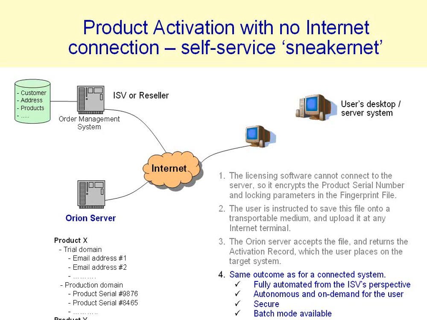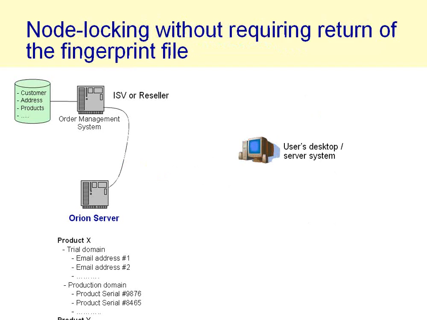So our customers find that these two cover the majority of scenarios, but we run across users who have other scenarios. One would be where there is no way of getting that fingerprint file back to the vendor to generate the activation record. An instance of this might be somebody saying that we're installing our software on a machine in the desert. It was a communication system, and they knew all about the machine because they put it in, but the service guy was going to be traveling out, presumably in some four-wheel drive truck, to the middle of the desert to go and install the software.